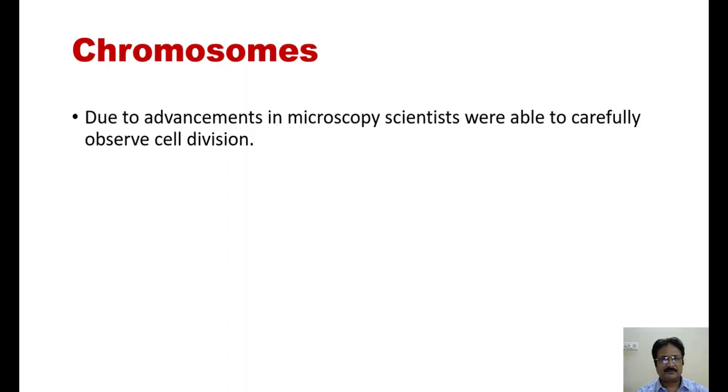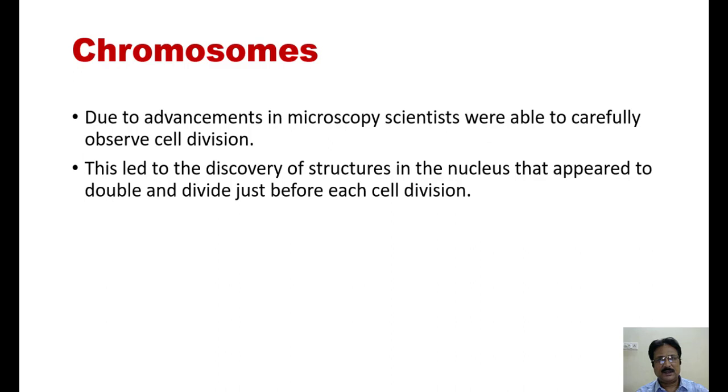Now, after 1900, there was a lot of advancement in microscopy. During the time of Mendel, that the factors had some physical existence and what they looked like could not be explained because of lack of advancement in microscopy. Thereafter, with the then advanced microscopes, it was possible to observe cell division and also understand how the chromosomes behaved during the different stages of cell division.